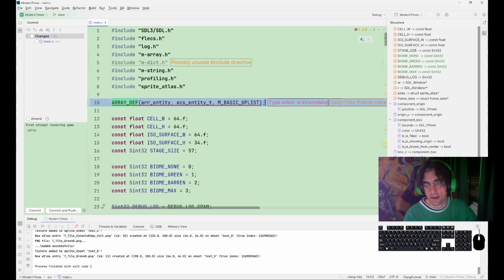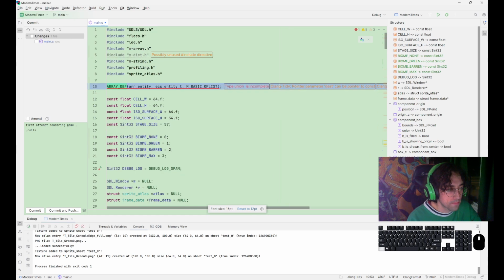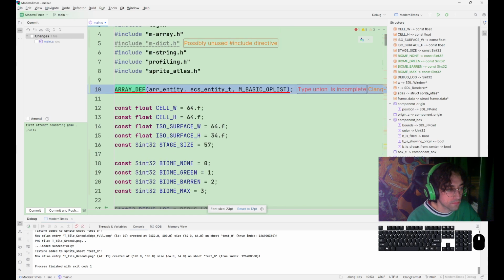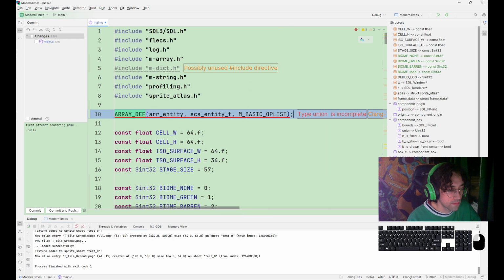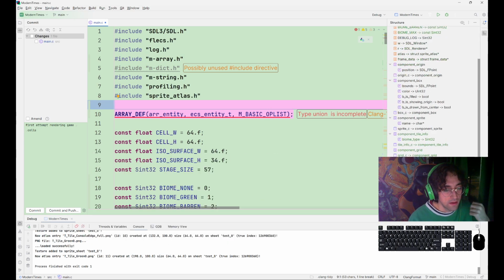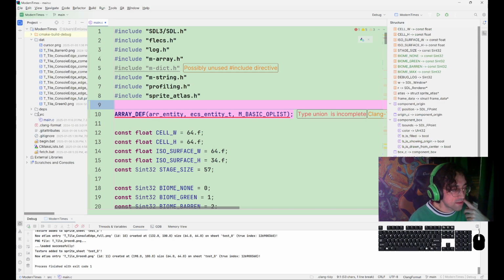Now this is a CLion problem that unfortunately we can't ignore. It's kind of annoying. The only thing I can think of that would maybe help alleviate this is to